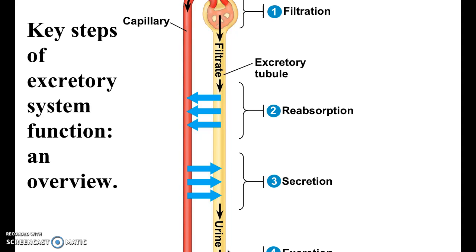Now, it is a combination of water, different types of salts, urea, and a couple of other things, oxalates, different types of acids. You should never see something like glucose or full proteins in your urine. You should never see blood in your urine. There should be no cells in your urine. The metabolic waste products. This filtration system, if it is working well, should not allow these